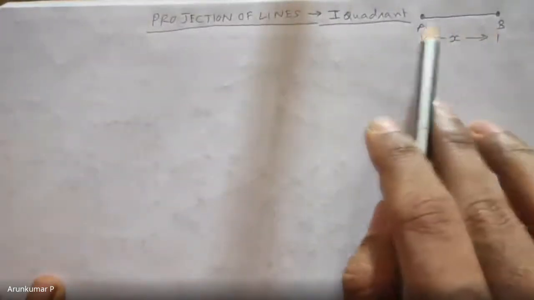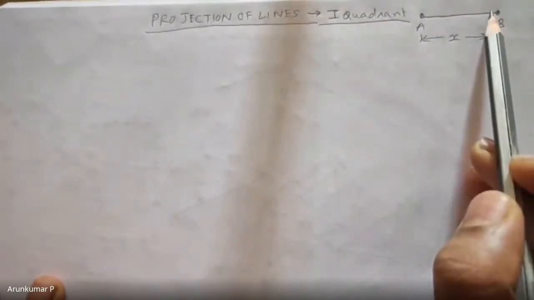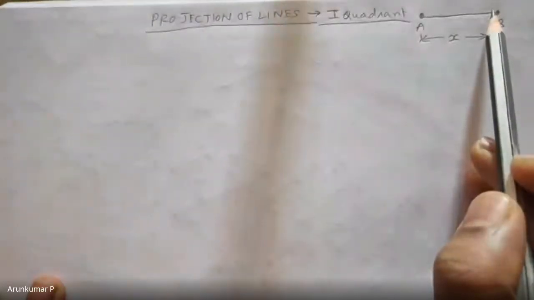So what you have to do here is assume that this line is made up of 2 points. So you are trying to project 2 points simultaneously onto the front view and the top view, onto the VP and onto the HP, to get the front and top view. In projection of points, you used to project 1 point at a time. Now you have to project 2 points simultaneously. Then you'll get the front view of the line and the top view of the line. That is the one thing we need to understand here.